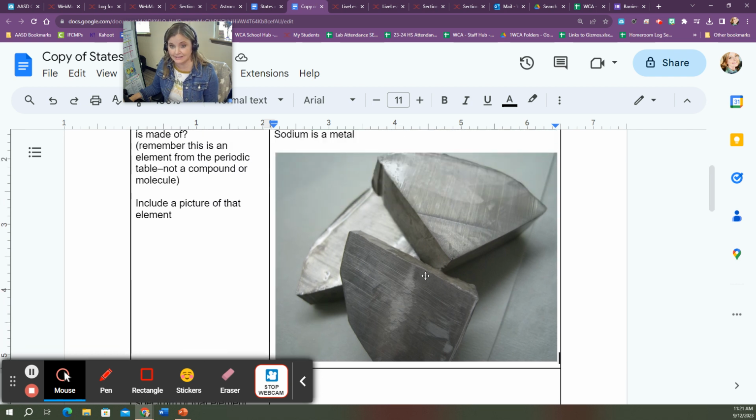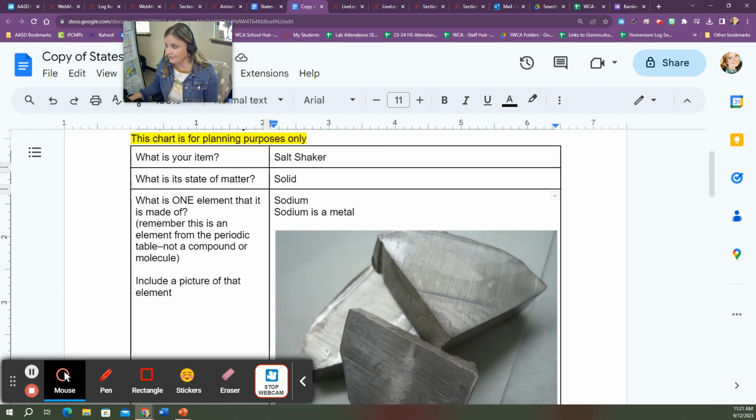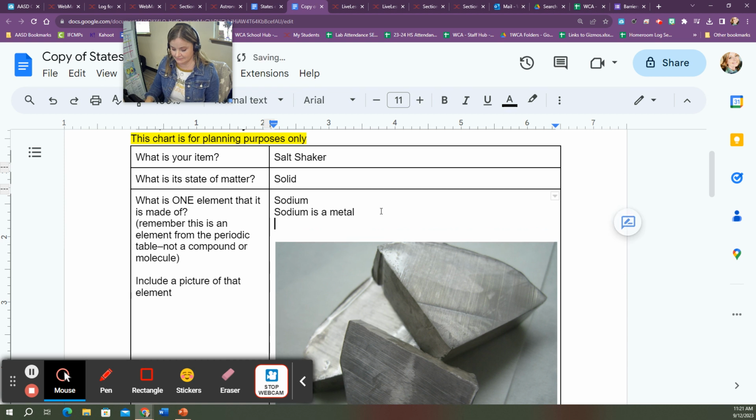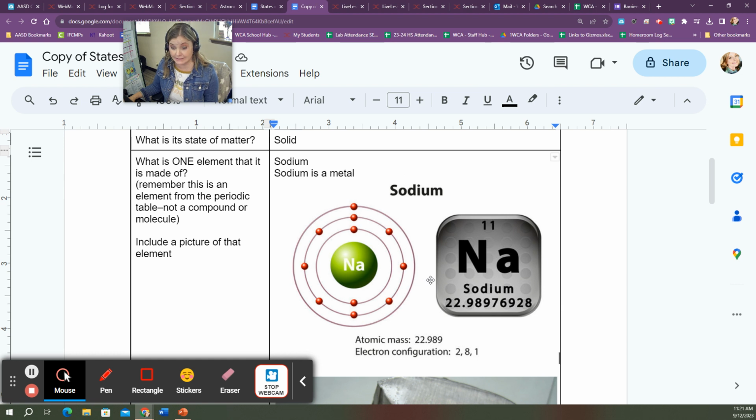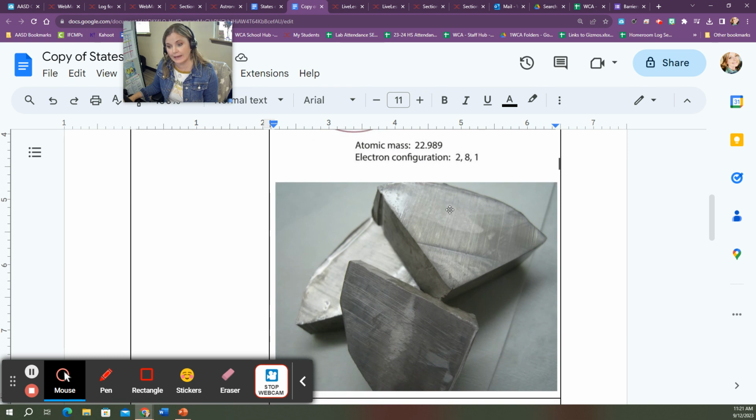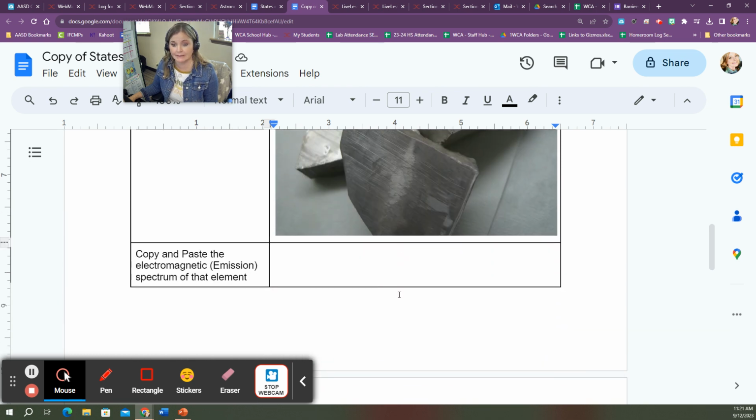Now you can do this, that's beautiful. Or I've had people also turning in pictures like this, and that's okay too. If you want to give me a picture of the element itself, like a diagram of the element, that is fine. Or if you can actually get a picture of the pure element, that is great. Then we need to find the